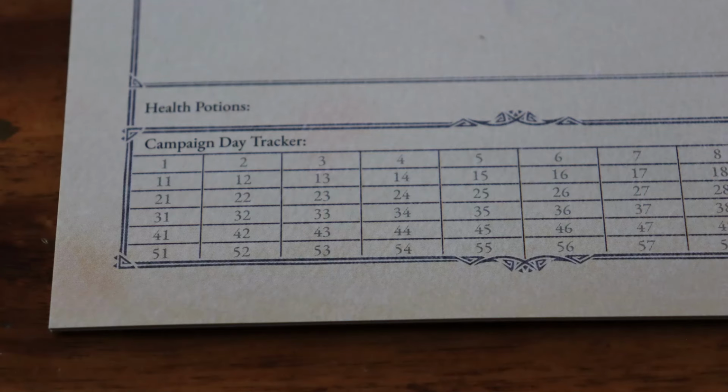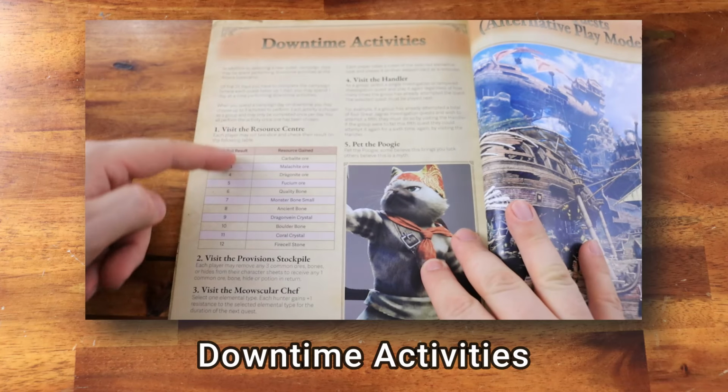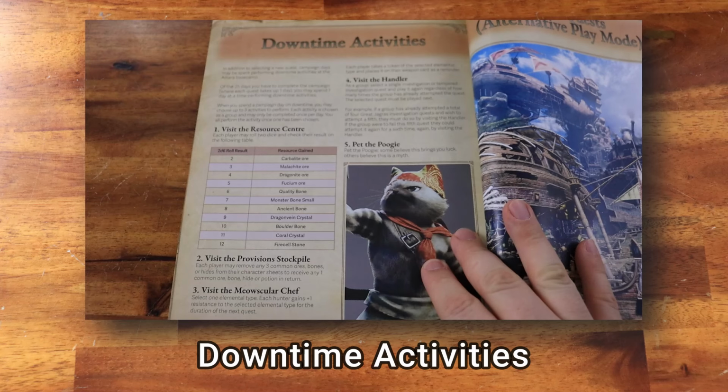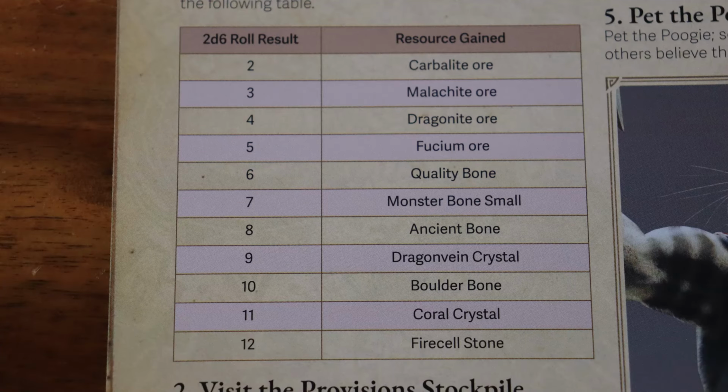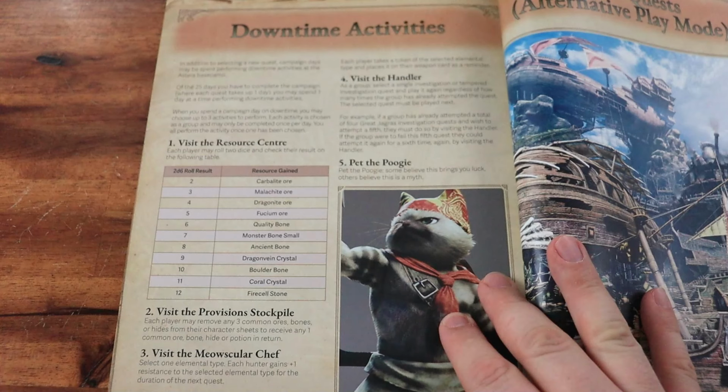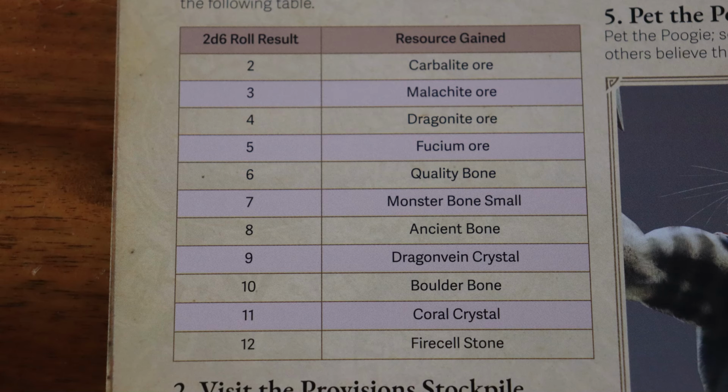Forging doesn't spend campaign days, but players can decide collectively to spend one day doing downtime activities after a quest. Downtime activities provide players with buffs, extra resources, or trade. Every day spent allows players to choose up to 3 of the following activities to perform. You cannot choose the same activity twice on the same day. You may spend an action to visit the resource center. Open the quest book on the downtime activities page and roll 2 dice,